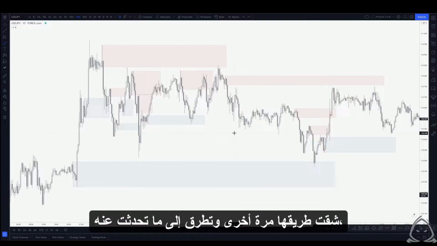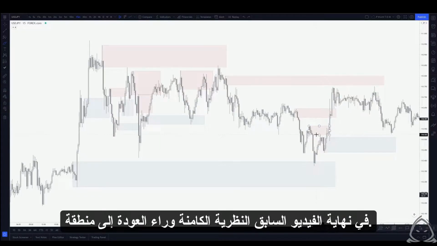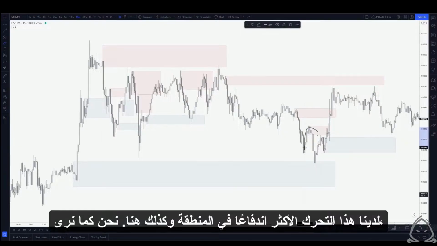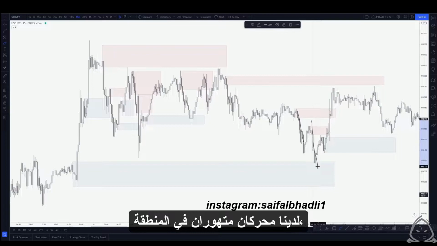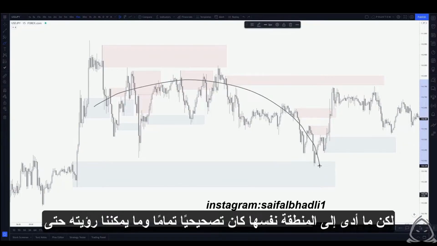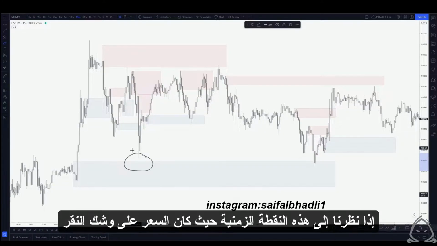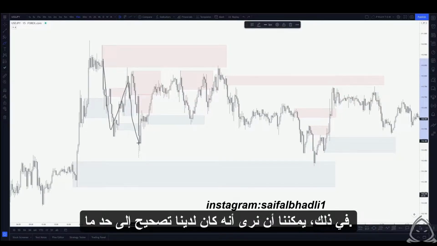And touching on what I spoke about at the end of the previous video, the theory behind the return to zone, we have this more impulsive move into the zone. As well as here, as we can see, we have two impulsive drives into the zone, but leading up to the zone itself was quite corrective. And what we can see is, even if we look at this point in time where price was about to tap into it, we can see that we had fairly corrective